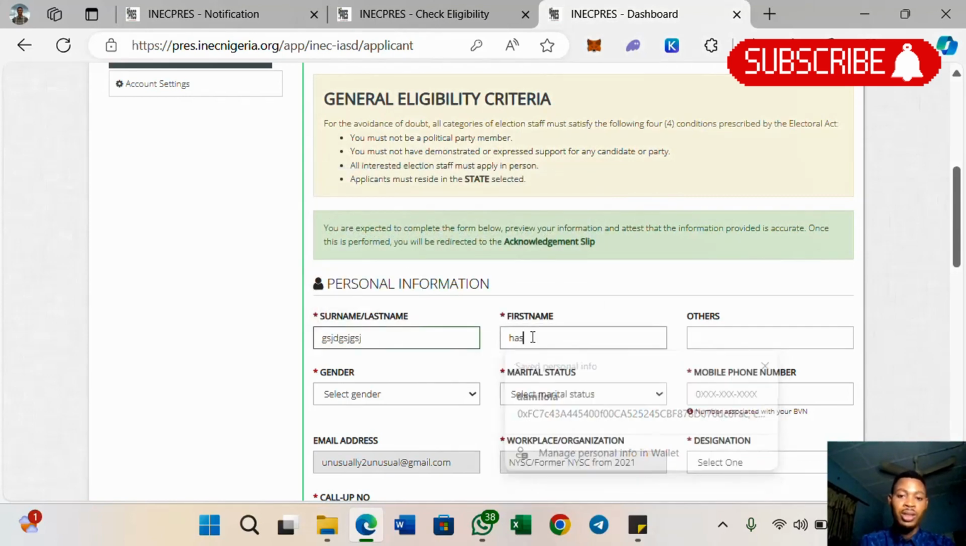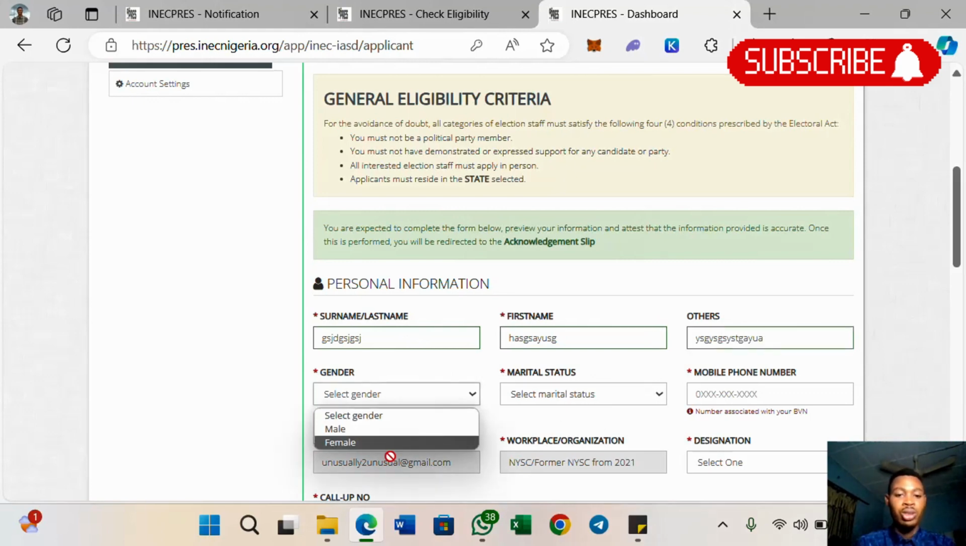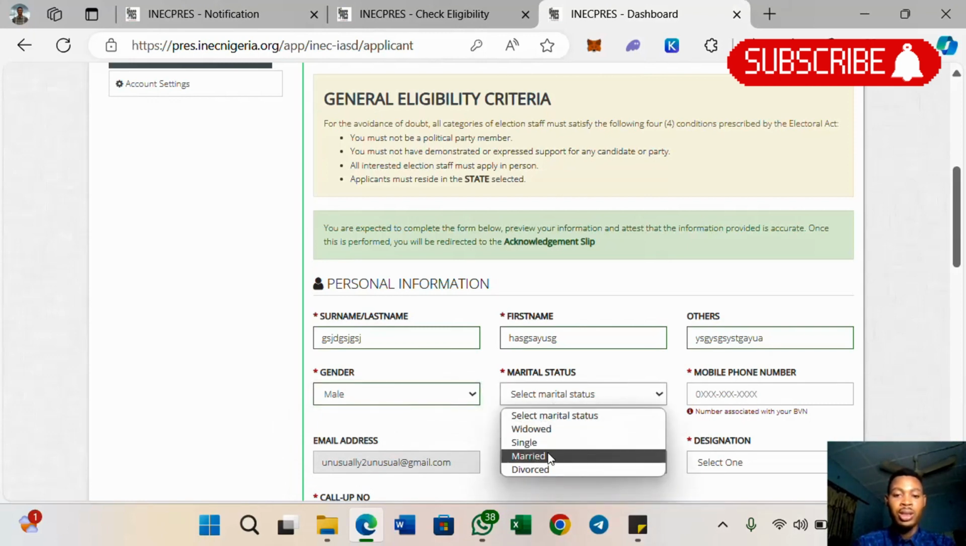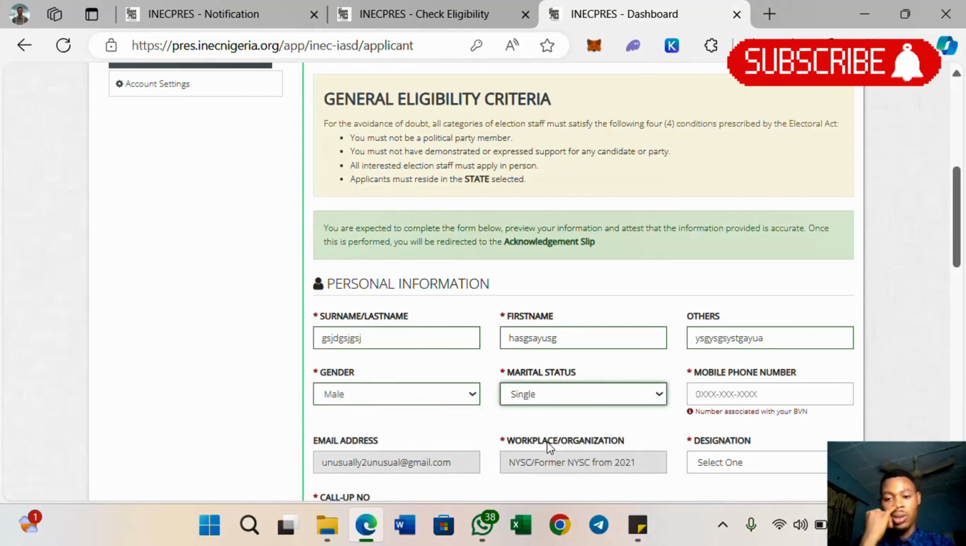Alright, first name you put it here. Your last name, your surname / last name, your first name, and your other names. Then your gender, you select male or female, anyone. Then your marital status, if you are single, you put single. If you are married, you put married. Here you put your phone number. Then